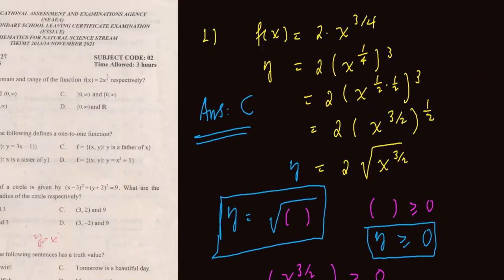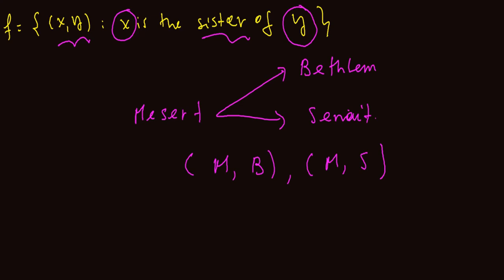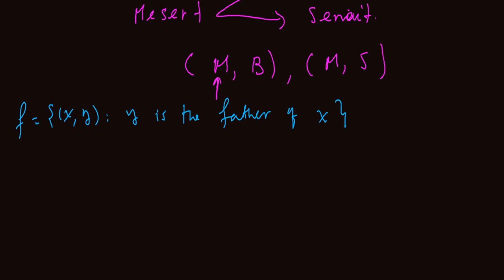Okay, choice B, f is equals to the set of all x, y, such that x is a sister of y. X is the first component, is the sister of the second component የሚለው ስለዚህ ይሄ even it is not a function ምክንያቱም አንድ ሰው ሁለት እህት ሊኖረው ስለሚችል one to one function ሳይሆን ይሄ totally function አይደለም. For example, we can have መሰረት is related with Bethlehem and also መሰረት is related with ሰናይት ስለዚህ ይሄ it is not a function because the first component is not mapped with a unique second element ማለት ነው ስለዚህ it is not a function ብላችሁ ታልፋላችሁ ማለት ነው